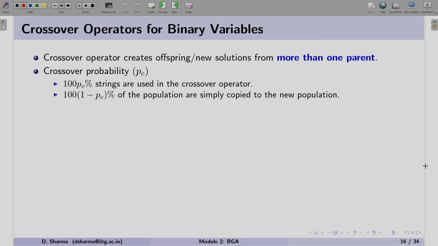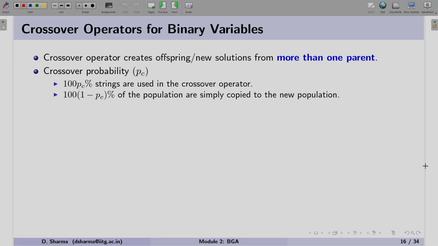With the help of their limitations, we can make out which selection operator will be useful for us. Now we are moving to the variation operators. In this class, we will start with the crossover operator.